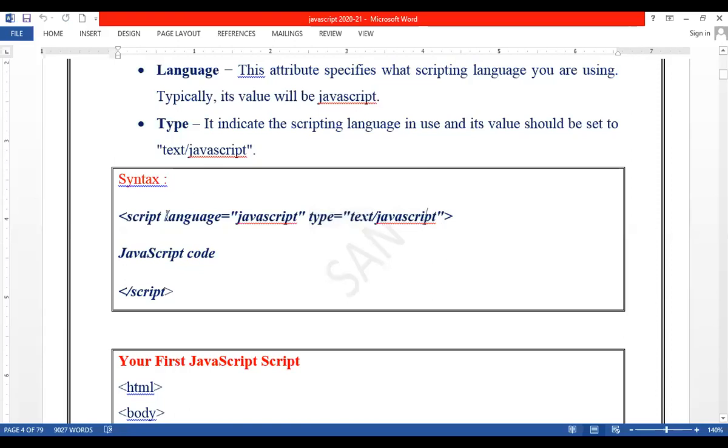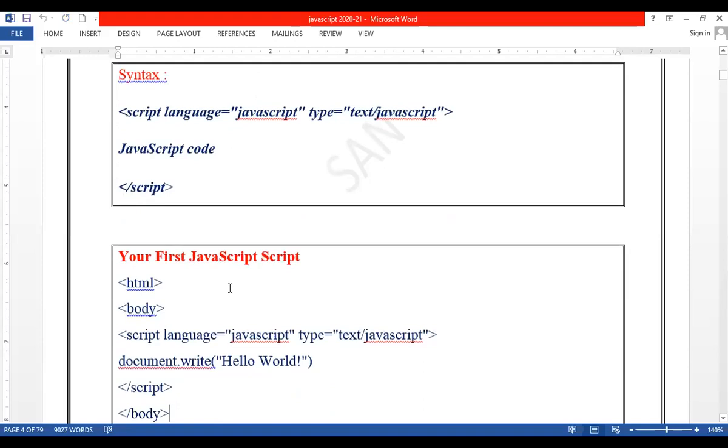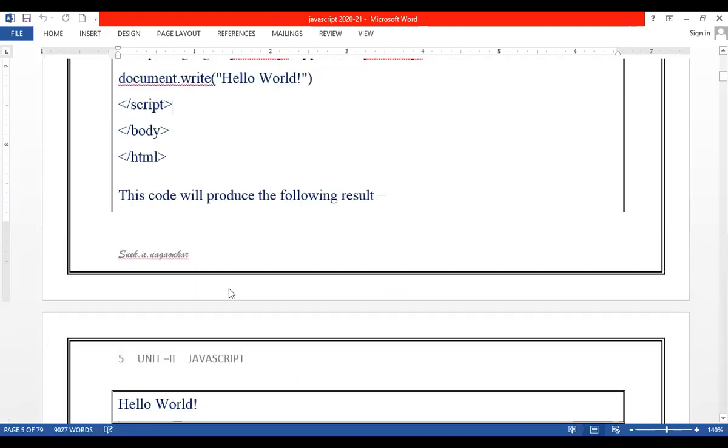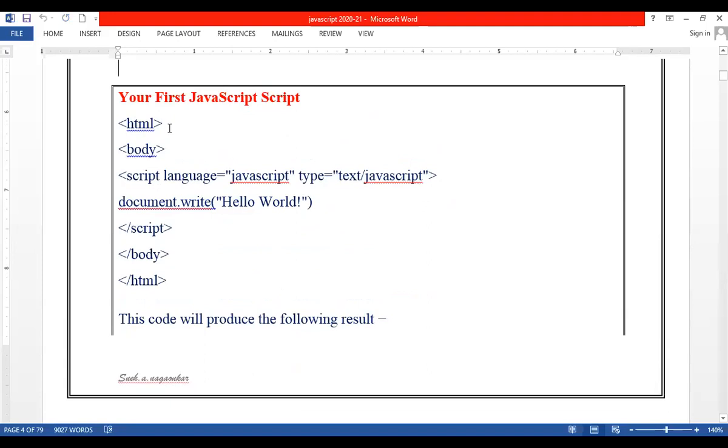Just like we write the XHTML tag, just like we write the XHTML header, there is a format for every tag, and these are the compulsory attributes which you have to write. So when you write it in the head tag or body tag or anywhere, this is the compulsory line which you have to include when you are writing the JS code. This appears inside the Java code. This is the text which will be displayed in the browser when you run the script. So this is the general syntax of writing the JavaScript. When they ask you to explain JavaScript syntax or characteristics, you can just start from here, right? So this is the first code which we will see today, how to write a first JavaScript.